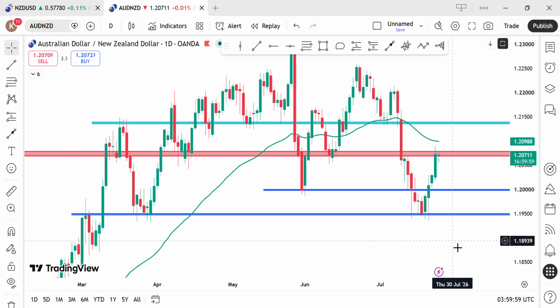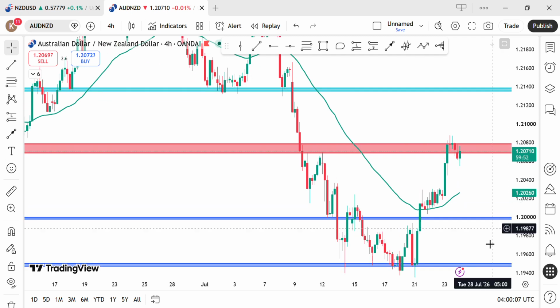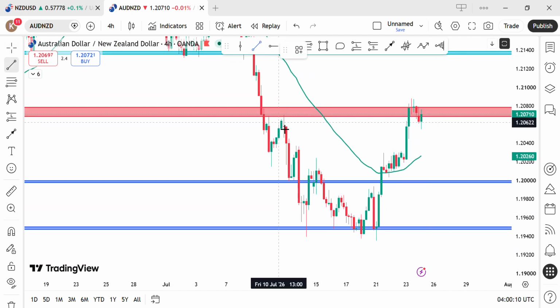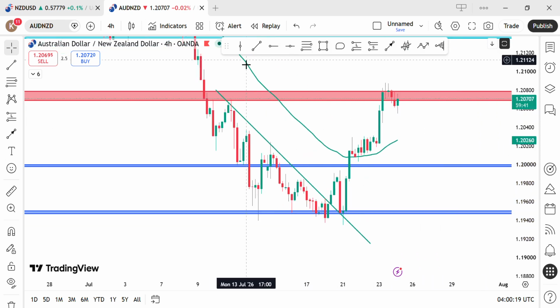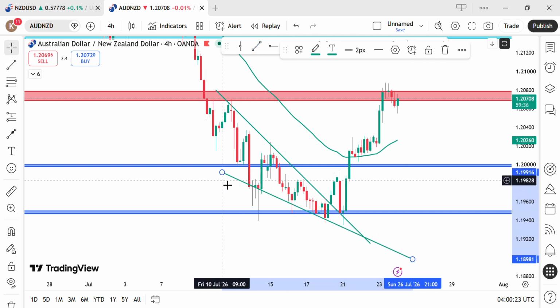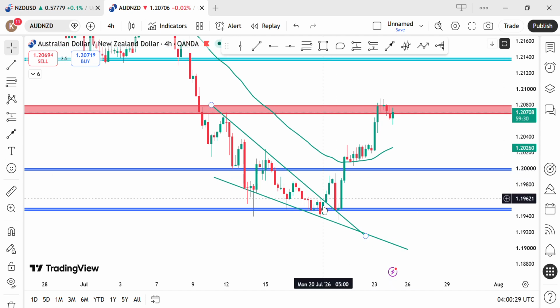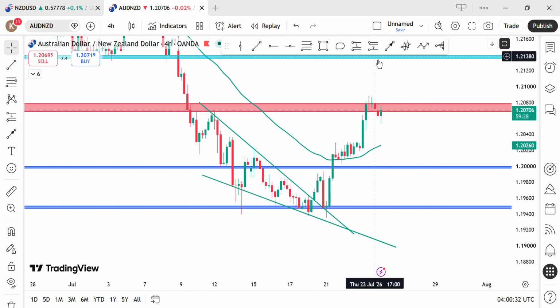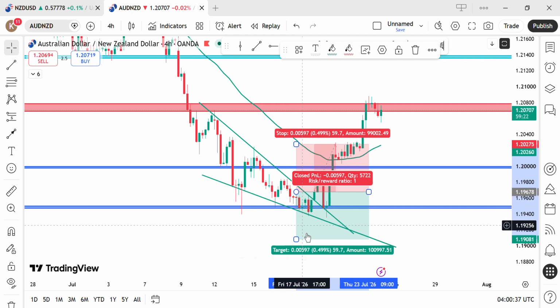So we drop to the 4-hour time frame to confirm this bullish sentiment at the key level. So when we drop to the 4-hour time frame, this is what we saw. We had this nice trend line here, and not just a trend line, the market also made a falling wedge. And now price broke the falling wedge, so we took our entry here, our swing entry here, and then we